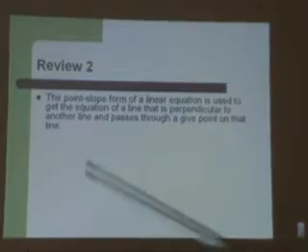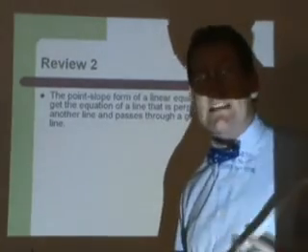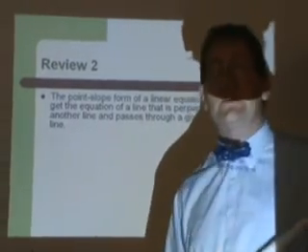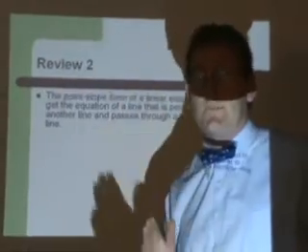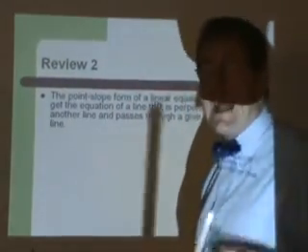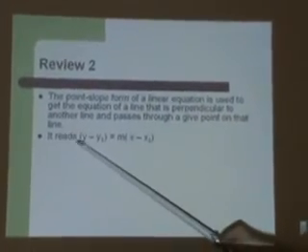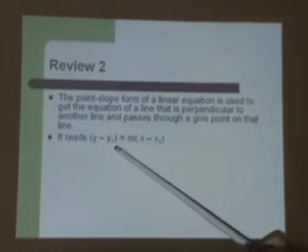What else did we learn? Well, there's a point-slope form for linear equations, and we can use this point-slope form to satisfy the standard. That is, we can use it to find a line that goes through a certain point and is perpendicular to that line at that point. It reads like this: y minus y1 equals